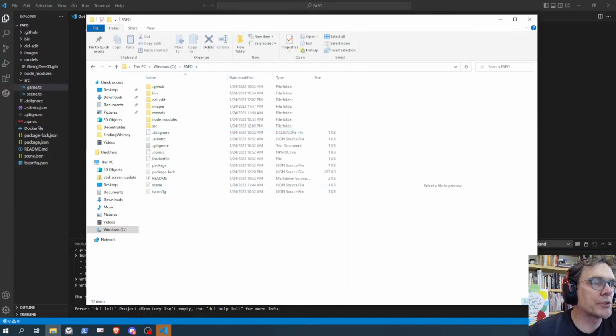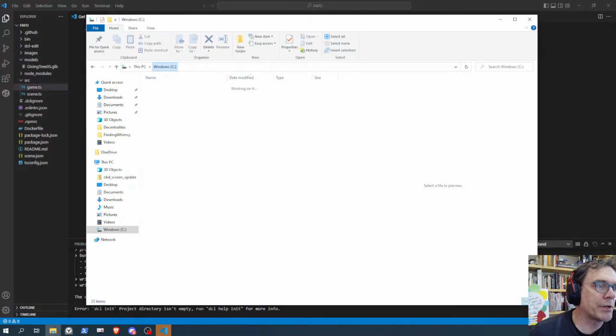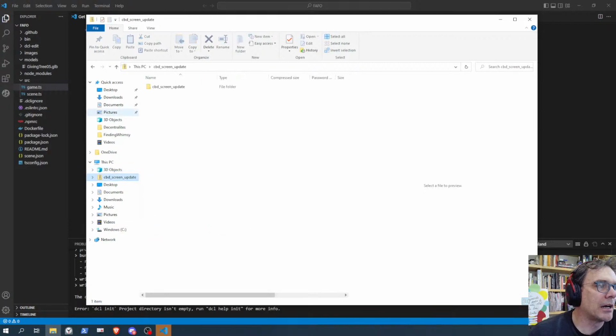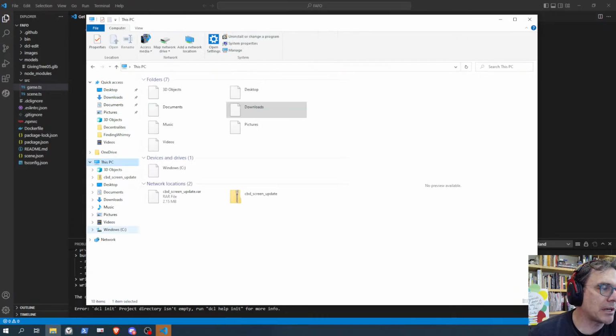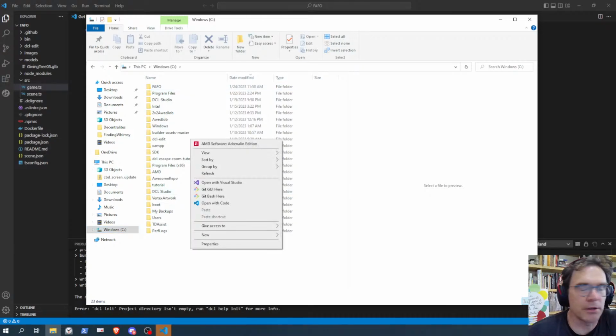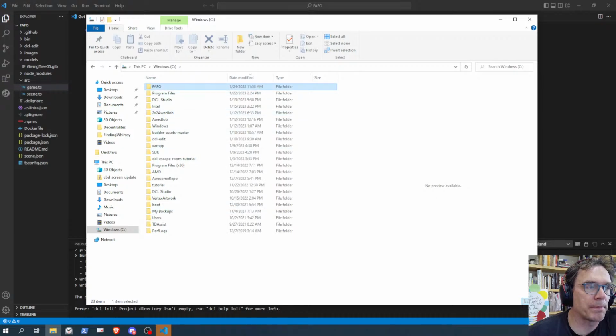Yep. So all we did, Mimsy, is just went to our C drive, right? So over here on the left hand side, you've got your shortcuts, where pictures, documents, downloads. But if you go to this PC and down towards the bottom, if you've got multiple drives or partitions in your drive, that will show up over here. So I want you to click on the C drive, and then I want you to create a directory, just by right clicking. Are you on Windows, Mimsy? Yeah. Okay, so you just right click and then you say new and then folder and then just name it FAFO.